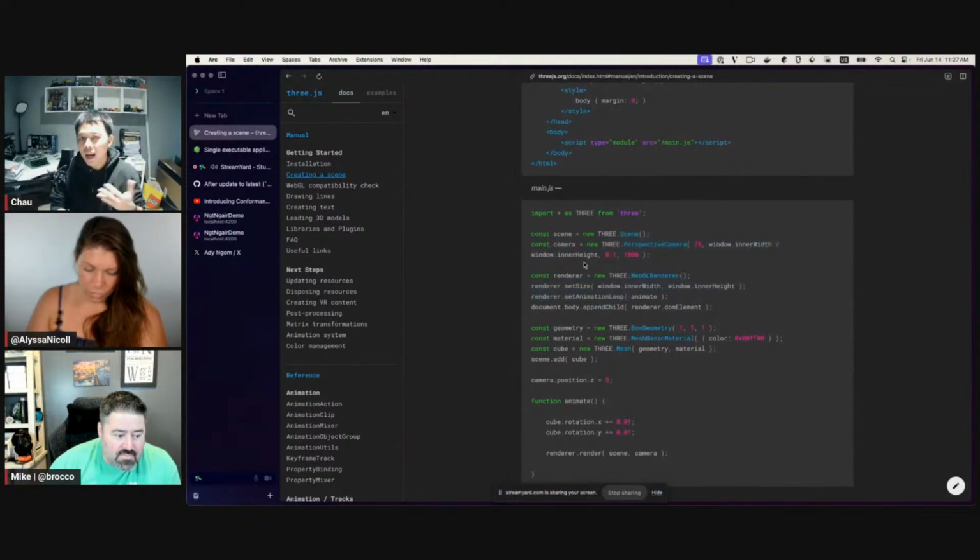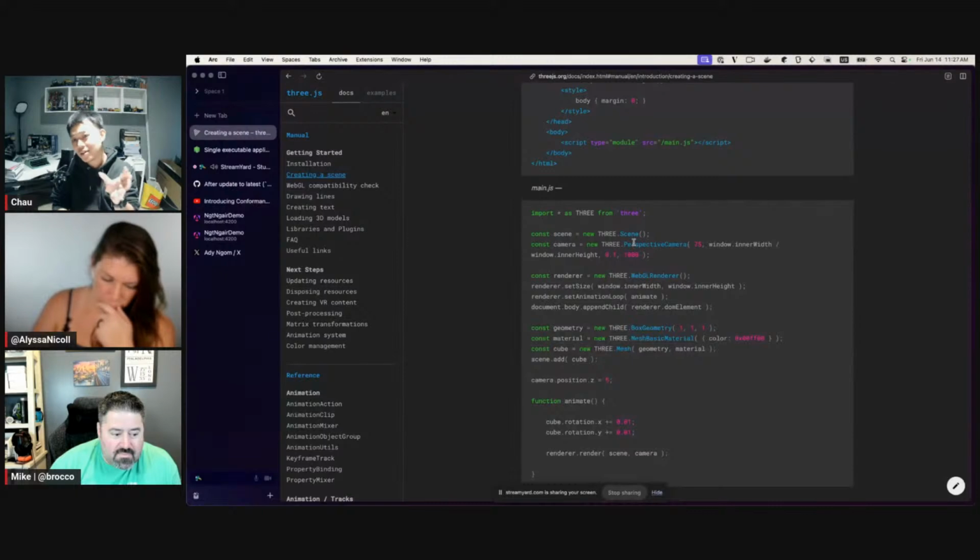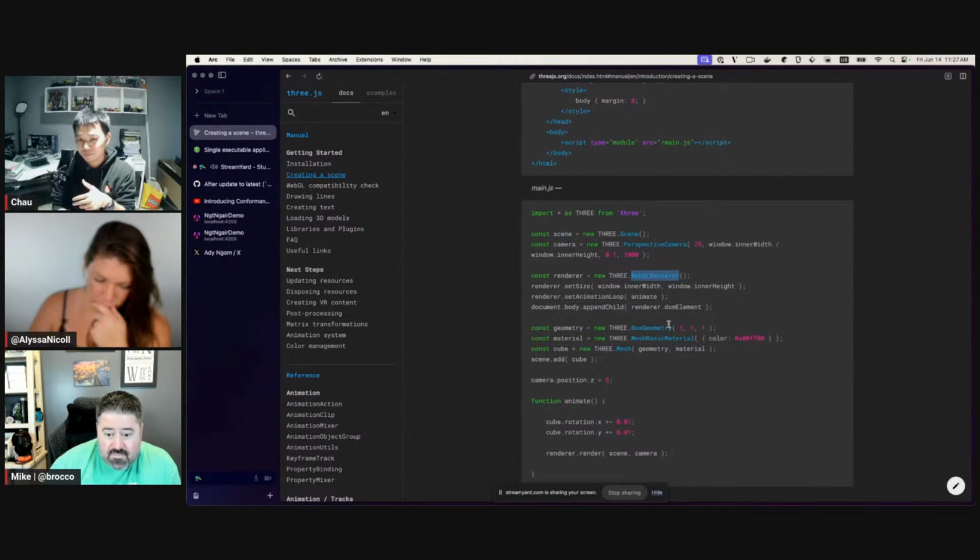This is normally how you would go about creating a 3JS application. You would need a scene, a camera, and the renderer. Anything you want to render, you have to push to the scene, and you have the camera to look at the scene, and the renderer to render that scene and the camera.